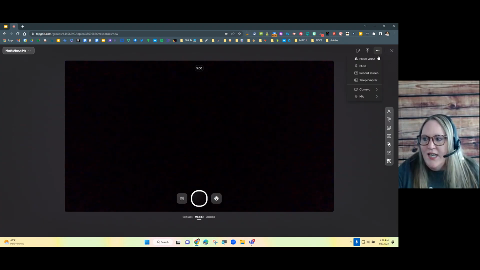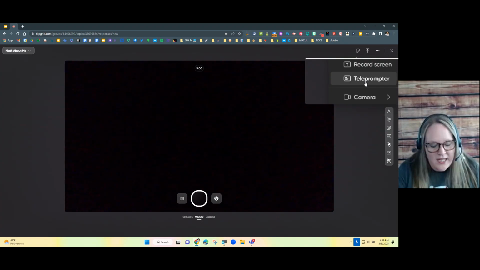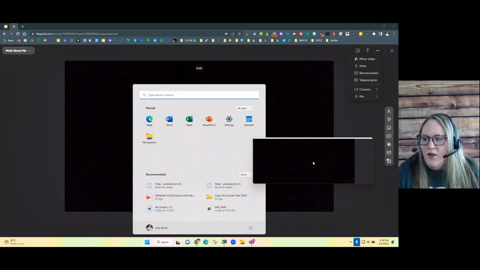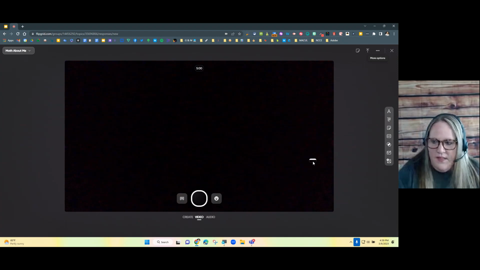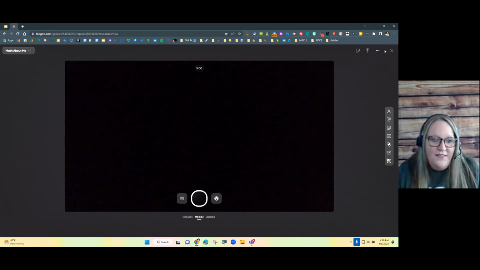That records both the video and audio from your device's camera and mic. This is the default mode as soon as you open. Now, one of the newest features that just dropped, once again, there's those three dots. Click and get curious. When you click those dots, guess what's there now? The teleprompter, which means you can have running sentences and words on your screen so you don't have to memorize if you don't want to.